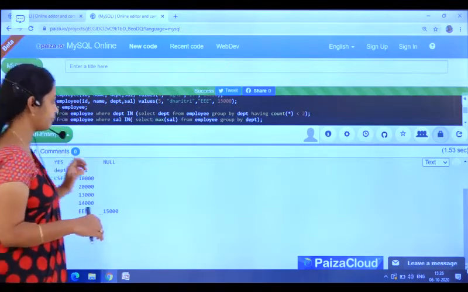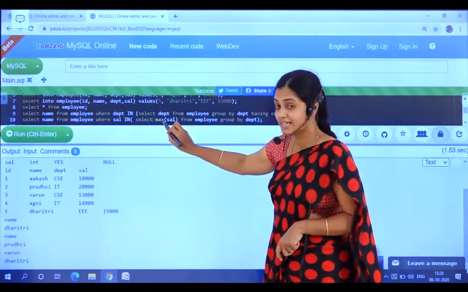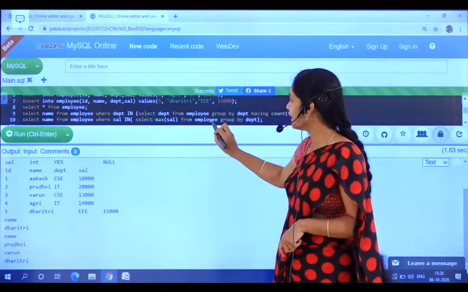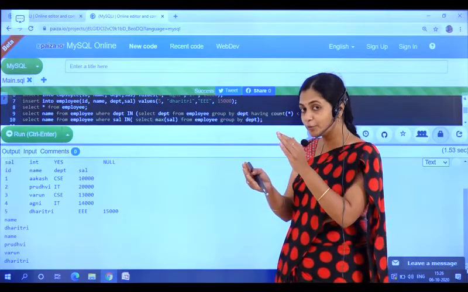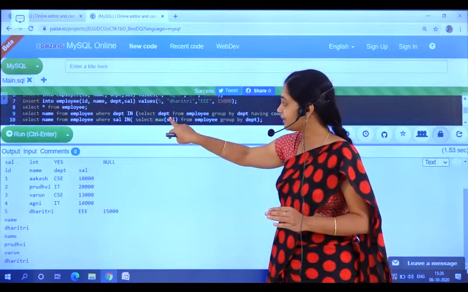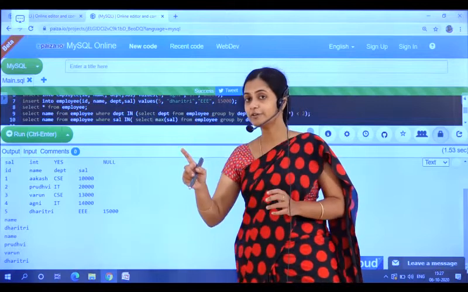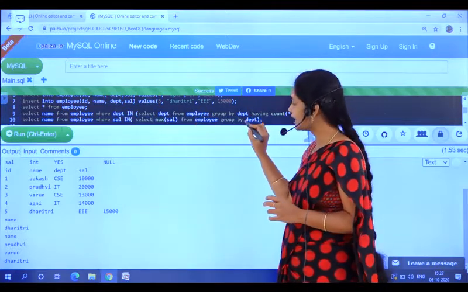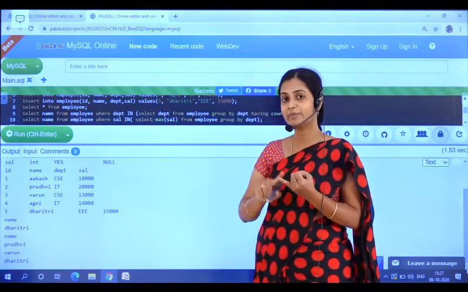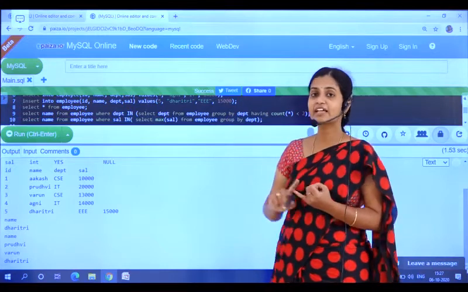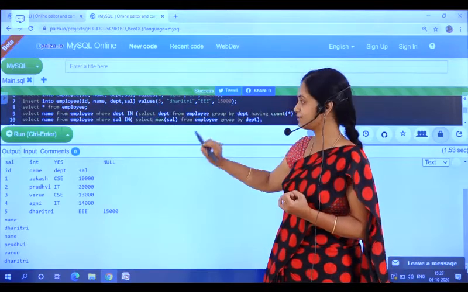Okay, so what is the query we have written here? Select name from employee. What is the inner query? We are selecting maximum of salary from employee group by department. Under the department we are grouping into one, and from that we are retrieving the maximum salary. This is the point you have to make a note of. Earlier we said that whatever attribute comes with the group by, the same attribute you need to mention. But here we have mentioned the aggregate function, maximum of salary.